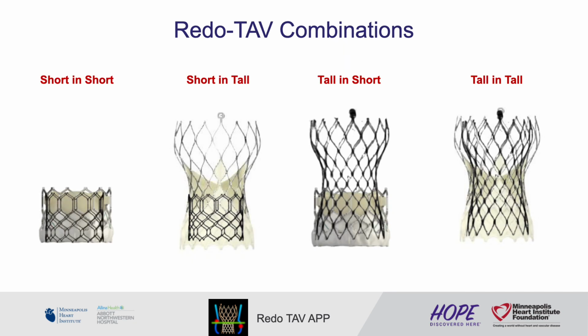Now we know there are many different combinations and configurations of Redo TAV possible, but we can split it into these four groups. And to an extent, commissural and cell alignment is relevant in all of these four groups. However,